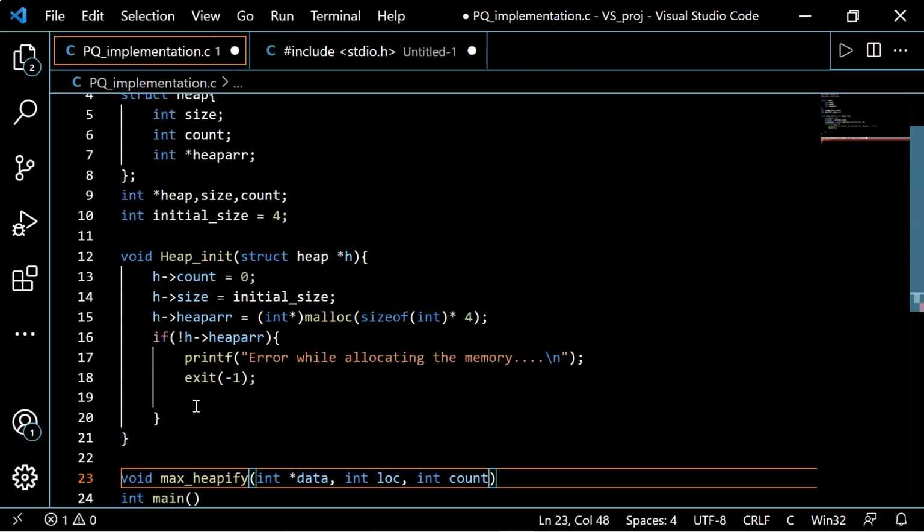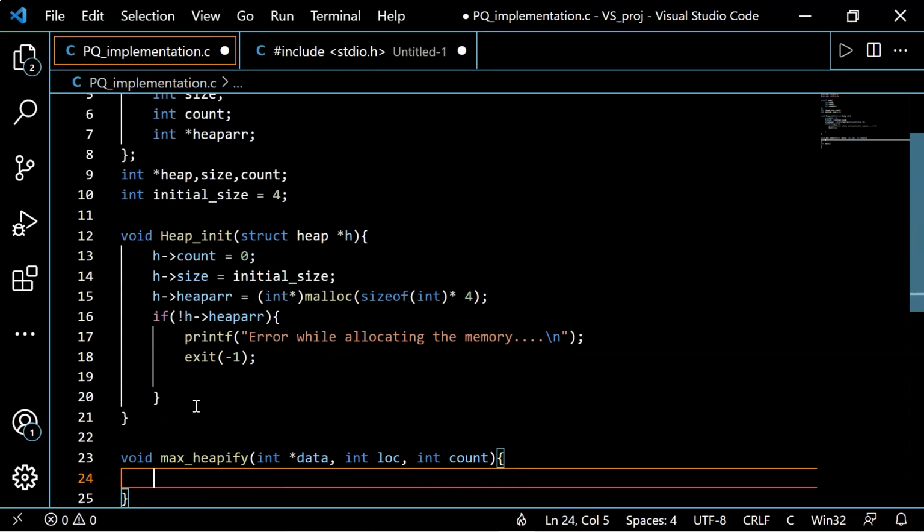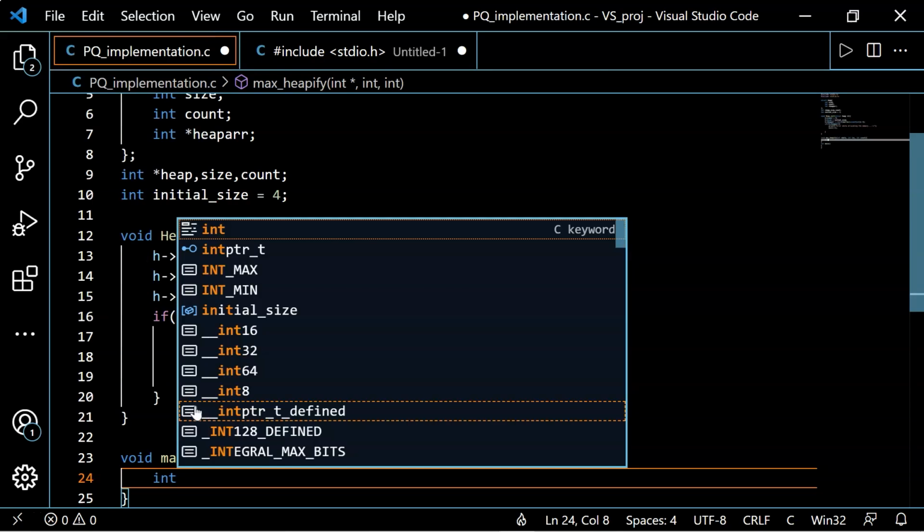So all these are required variables to implement this heapify function that we have passed in the argument for this max_heapify function. Now let's create a few more variables that we need.